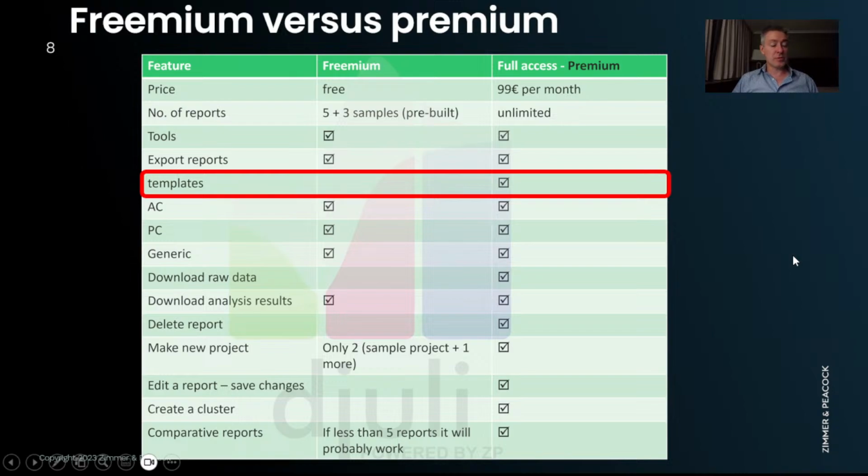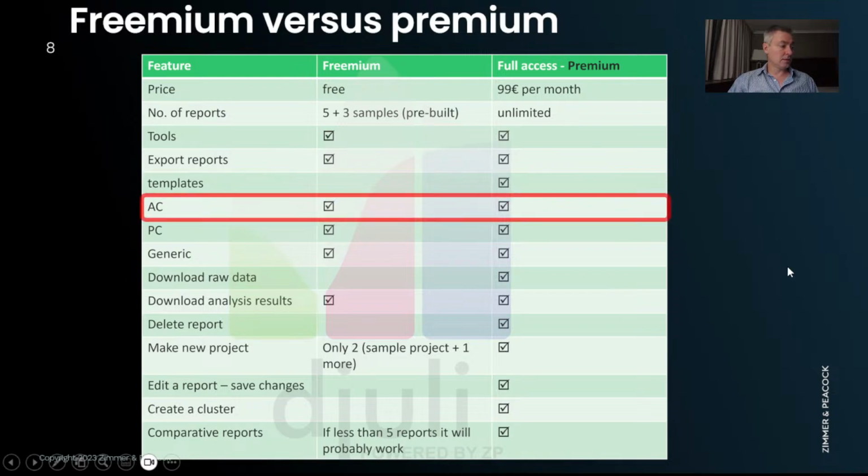If you get the premium version, we also have templates. Templates allow you to take your intellect, decide the way you want to see your data and the layout of it, and fix it so that the next user in the team who gathers their data gets it presented in a similar way. This is particularly useful in manufacturing, where you don't want lots of variability in the way data is presented to you.